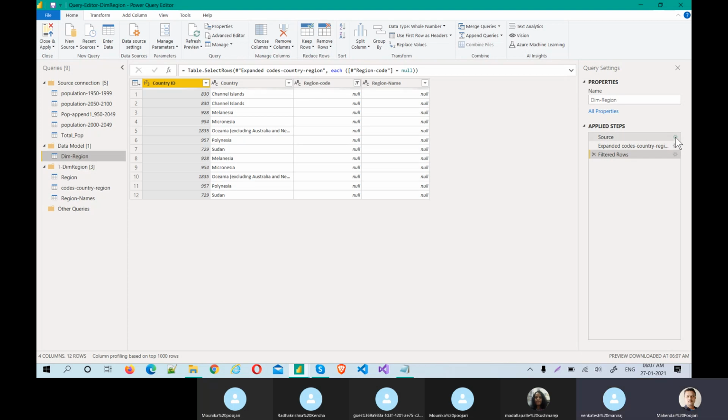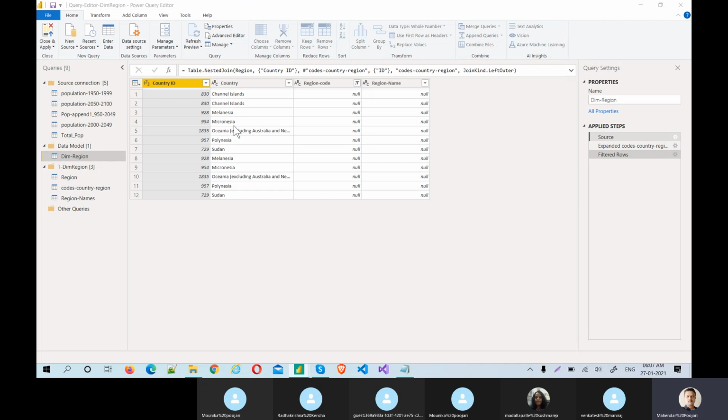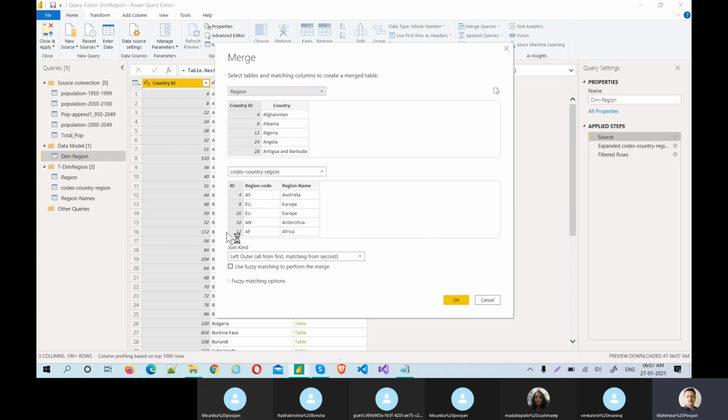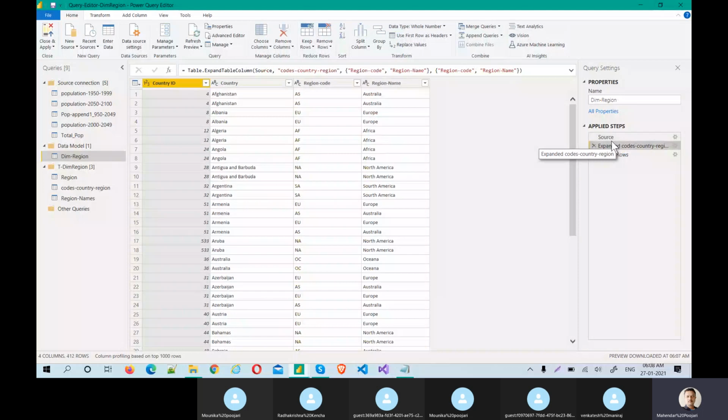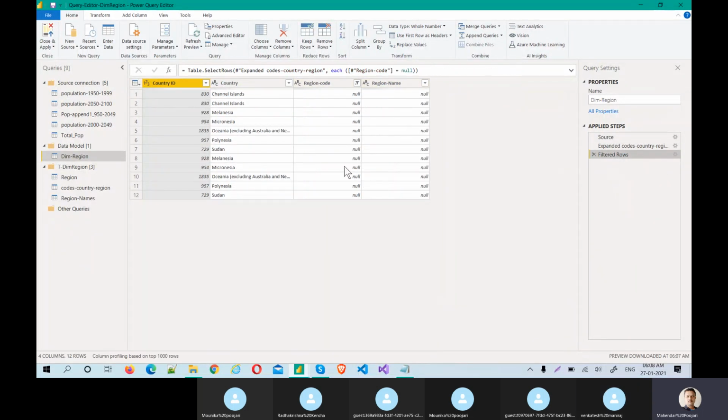The merge is based on the same ID only, but due to the data type, we got a huge difference because that could not match. So that is the reason we changed that and we expanded region code and region name. But still, if you filter NA, we can see almost 12 countries that don't have any region code and region name. Basically, they are coming from the given file, codes-country-region.